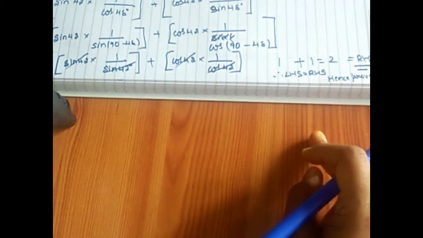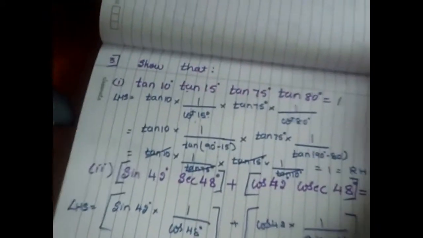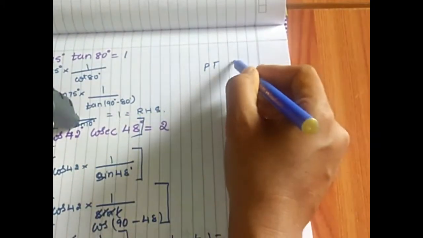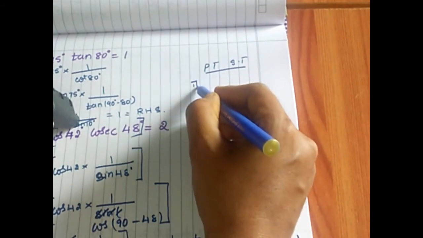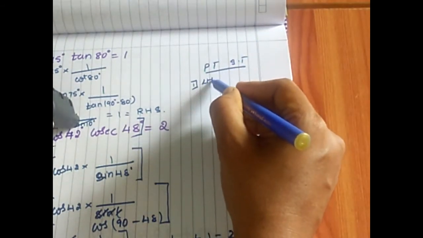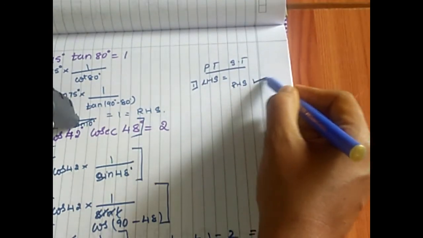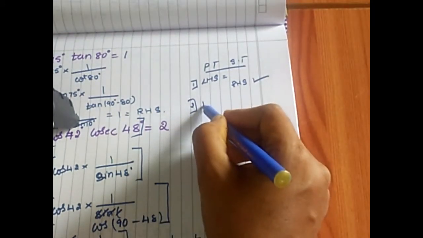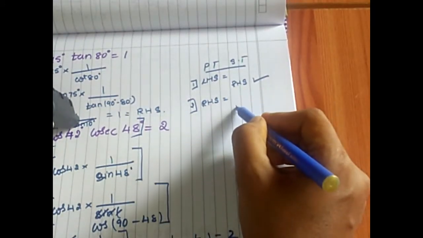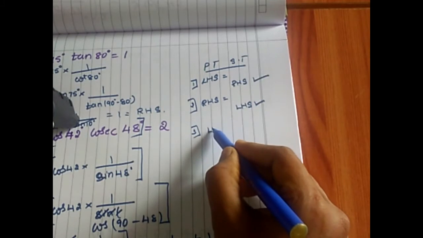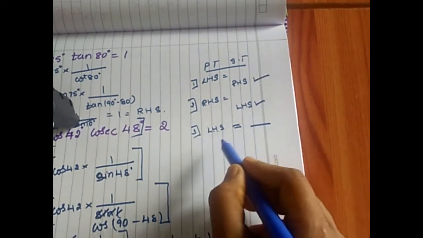It is a must to conclude the problem this way, children. Whenever we do prove that problems, I'll brief you and give you a clue how to start them. Note down here: whenever it is prove that or show that, we have 3 ways to start. First way is I should start with my LHS, and after simplifying, the value will be equated to RHS. The second way is you start from RHS, and after simplifying, you will get your LHS. And the third way is start with LHS, simplify and keep the answer.